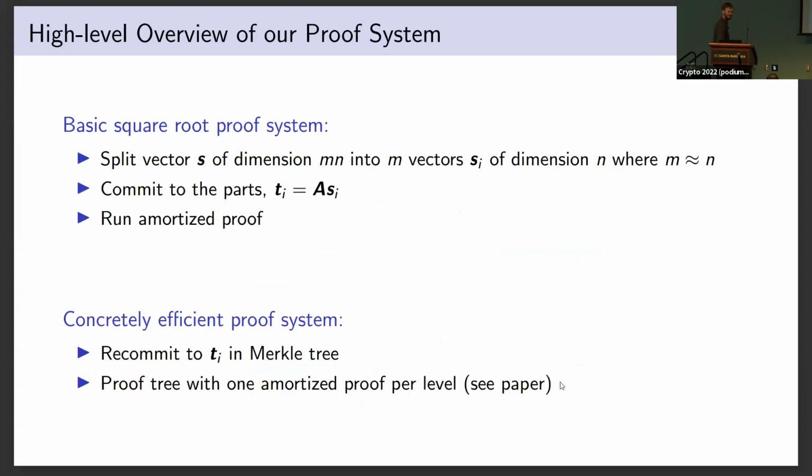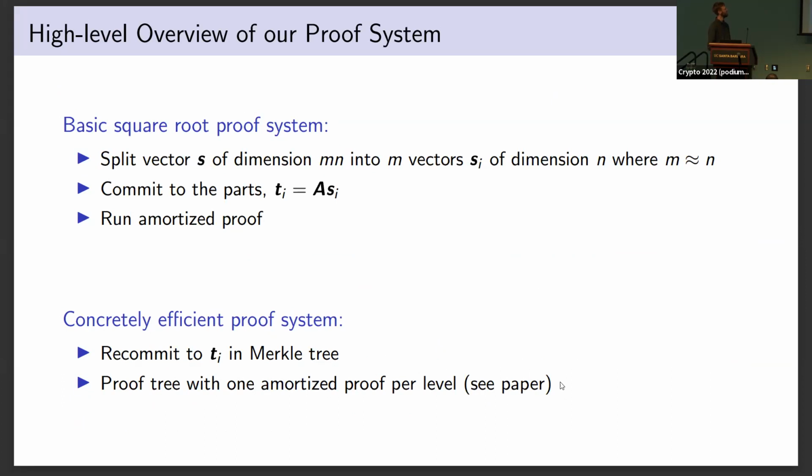Okay. So with this, I have finished a somewhat deep dive into some of the techniques. There are also other techniques, but I don't focus on them now. I just want to say that we now use this to construct a sublinear proof system. On a high level, there's not really much to do there, because if you just start with a vector S of dimension m times n, and then split this into m vectors of dimension n,